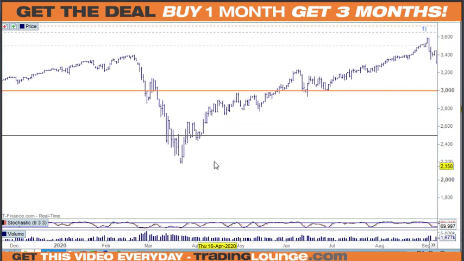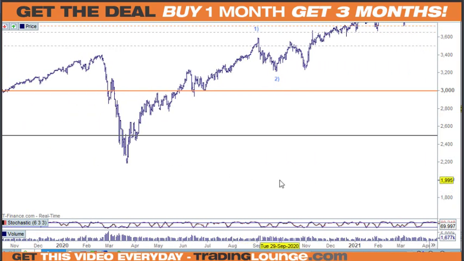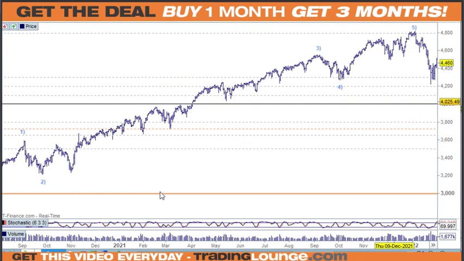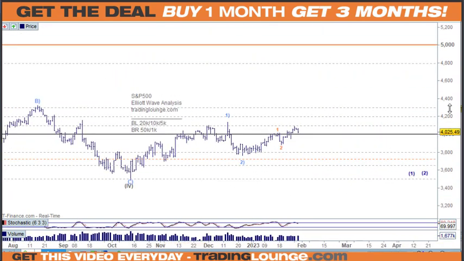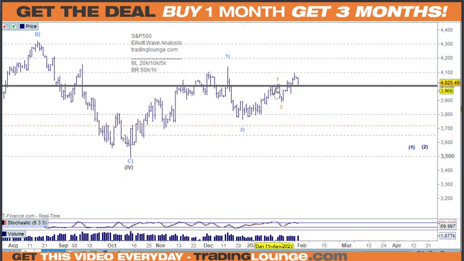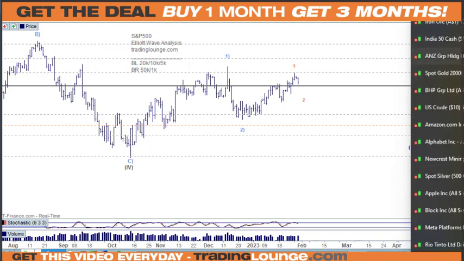And sure, it may not find support and go down, but it's not a matter of being bearish or bullish. It's a matter of gathering evidence and making decisions on that evidence. Now over here, I've got wave 1 and 2 here, but that doesn't make any difference. We could really have wave 1 here and 2 here, because when you think about it, if we just go back to